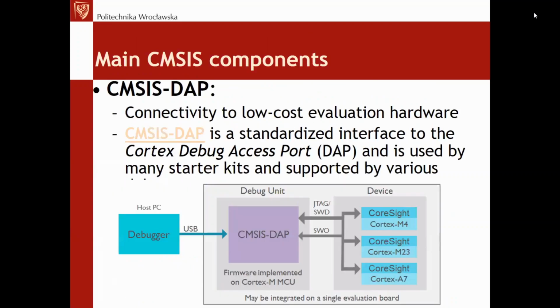The DAP on the other side is the interface to the physical DAP inside the hardware microcontroller, and from there we've got access to particular core sites in particular cores. We'll talk about it as well during the lecture, when we analyze the debugging